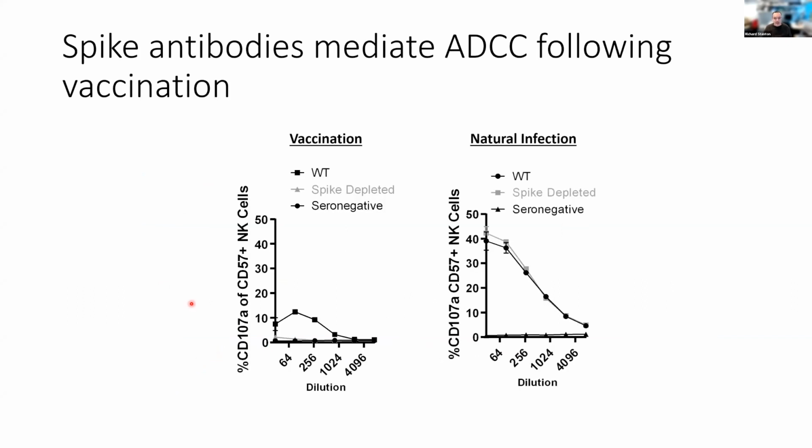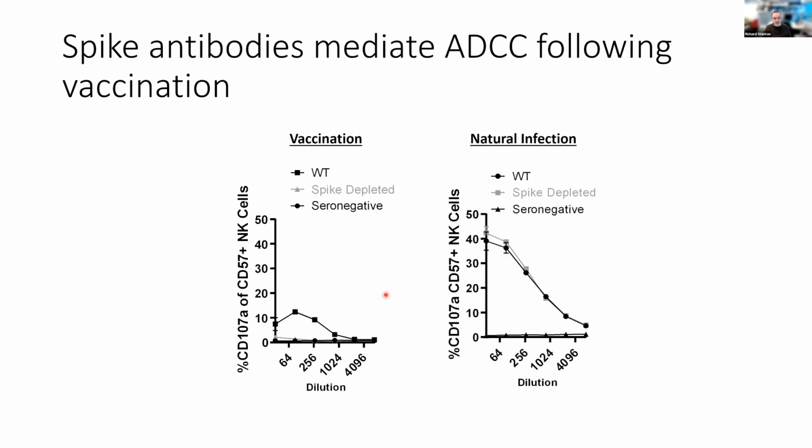And so the obvious question that follows on from that is what happens if you only have spike antibodies because you've been vaccinated with a spike subunit vaccine? And the answer is you can get ADCC. Most of our donors who've been vaccinated don't really show much ADCC at all. This is our best vaccinee we've ever found. You can see there is some ADCC going on here, but it's far, far inferior to what we see with someone who's been naturally infected.